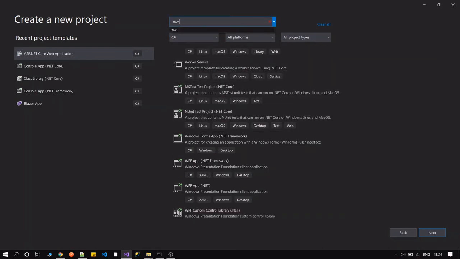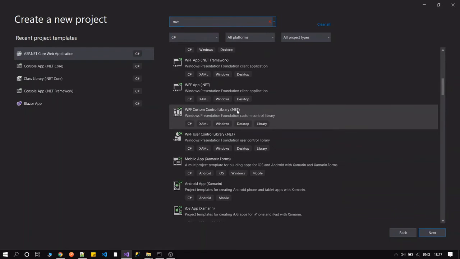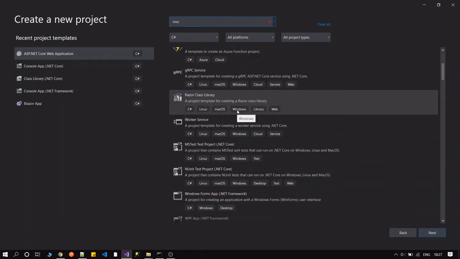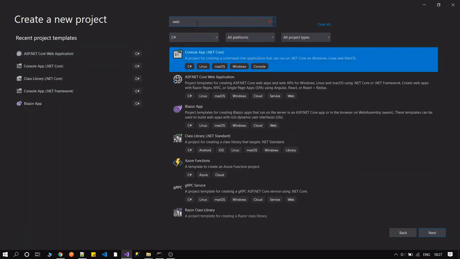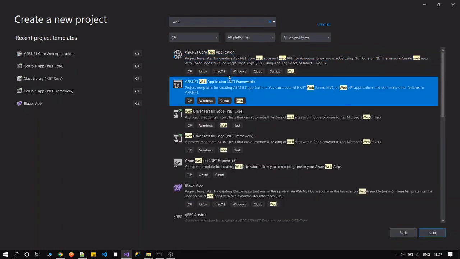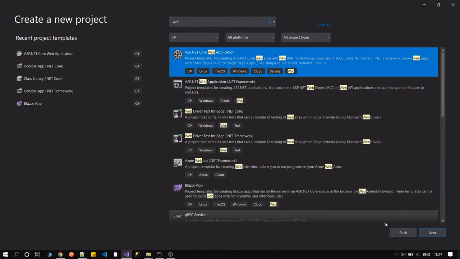MVC. It's not showing. Click on web. Yep, it's .NET Core web application. And click on next.